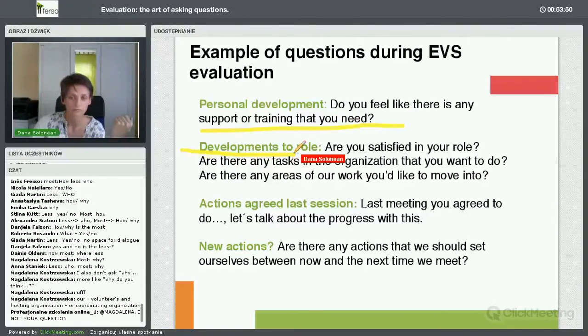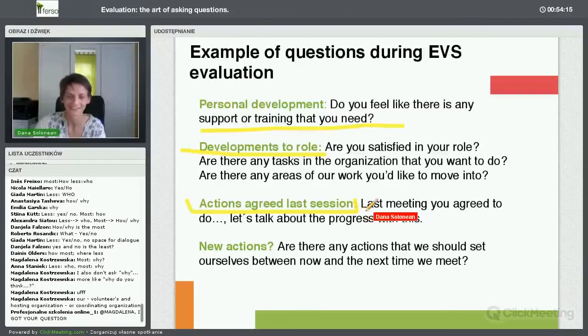Development to the role. Are you satisfied, or in what measure are you satisfied? Are there any tasks that you want to do or you want to do less? This is also an important thing. When you are planning the future, you agree upon something. Yes. So you say, okay, until next month, this and this. Or this is our working plan. This is our battle